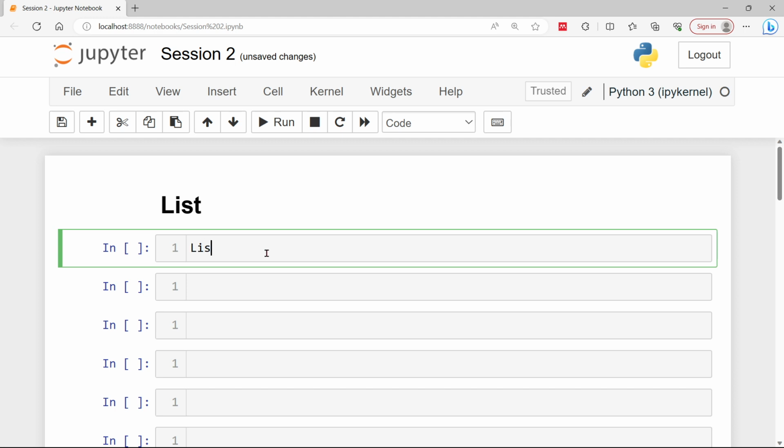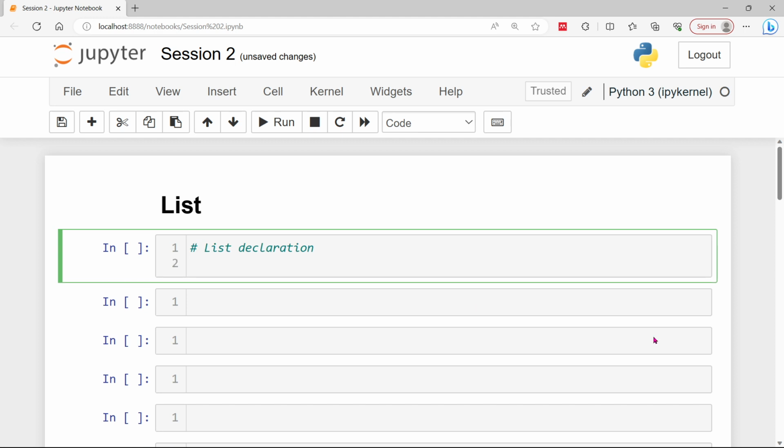Suppose we have list declaration. In this list declaration we are going to create one lunch box, right? In this lunch box so many ingredients will be there, right? So what kind of ingredients? Let's say my mom packed me in my lunch box apples. She also added chapati, right? She also kept in this lunch banana, and then we had this another ingredient, and let's say this is 5,